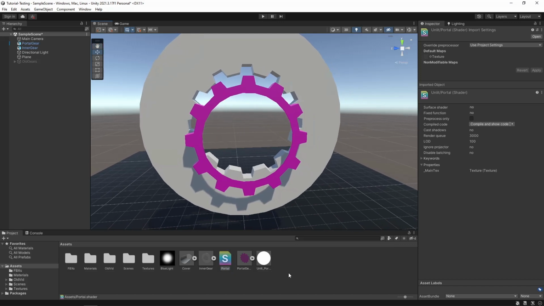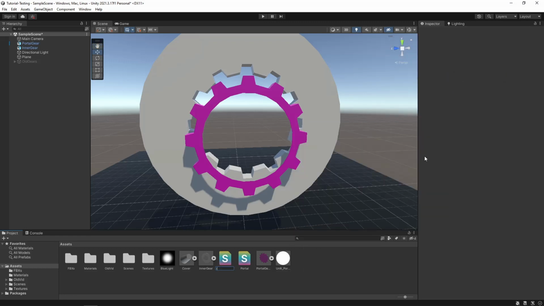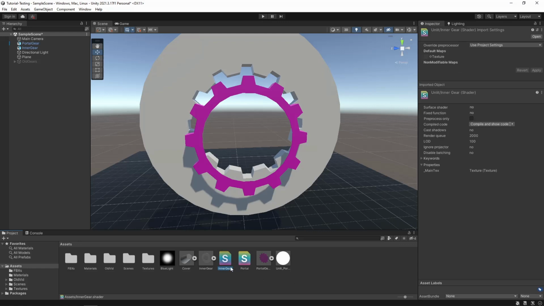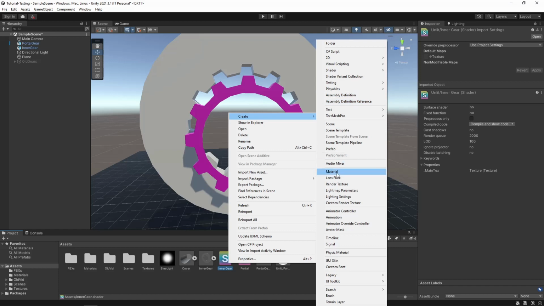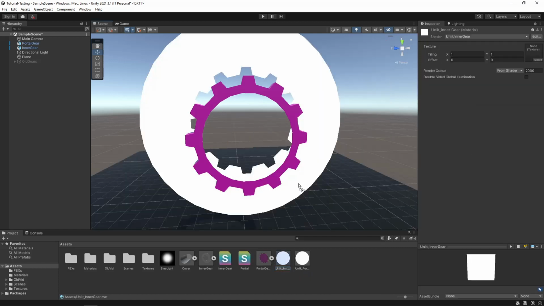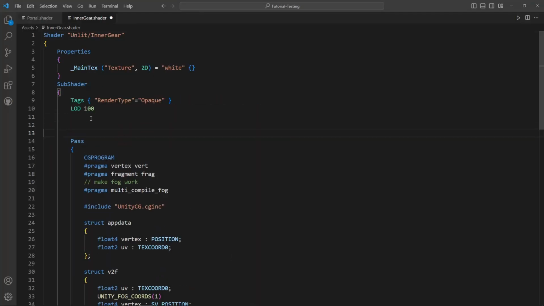All right, so next, let's create the shader for the inner gear. So I'm going to create another unlit shader. I'm going to call this inner gear. And then we'll create a material. Create material, and let's go ahead and drag that on the inner gear and open it up. So we're not going to have to worry about transparency with this one, but we are going to access the